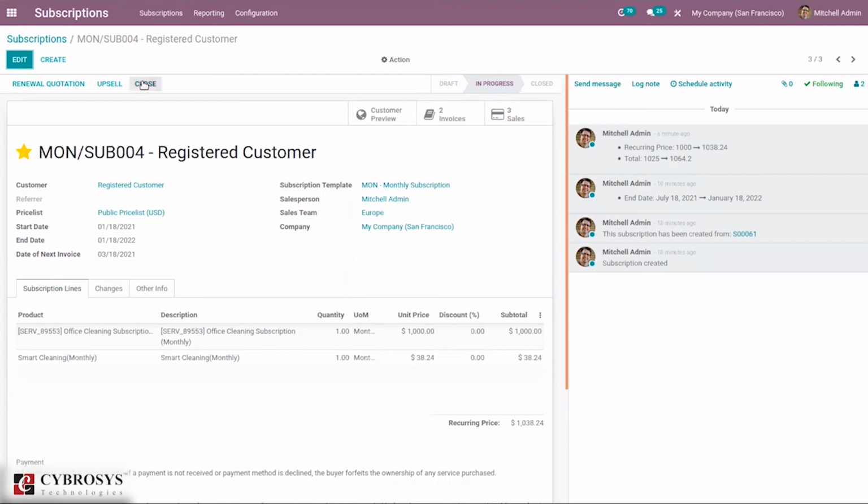Then you can also find an option to close a subscription from here. So you have seen a button on your website, that is, customers can close a subscription online, and it is also possible to close it manually from here. Losing a customer is always difficult, especially if you put a lot of effort into getting them to sign up for your products or services. However, many companies come up with dubious methods to reduce the probability of this happening.